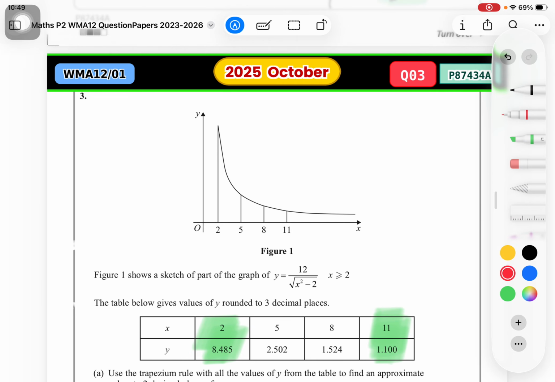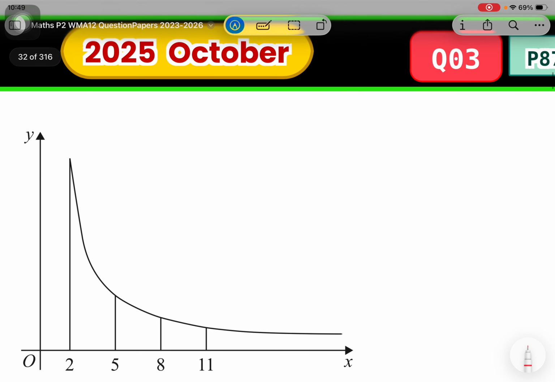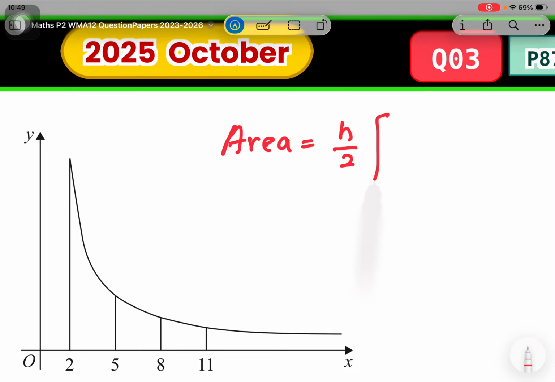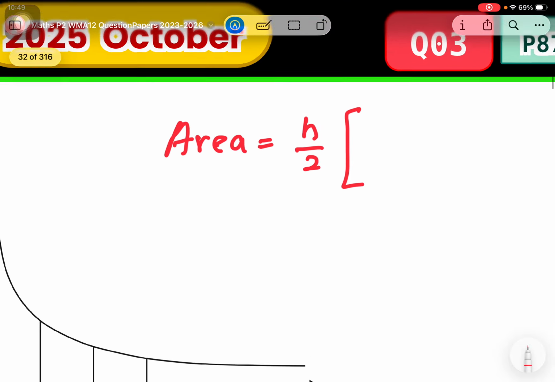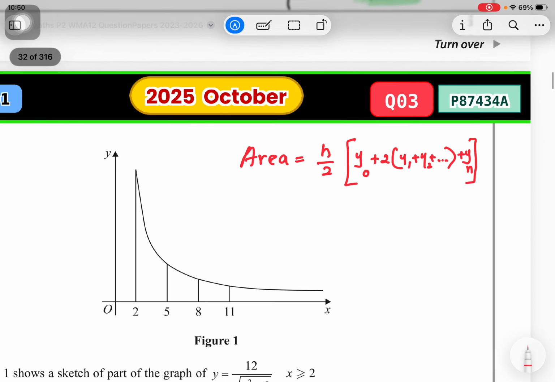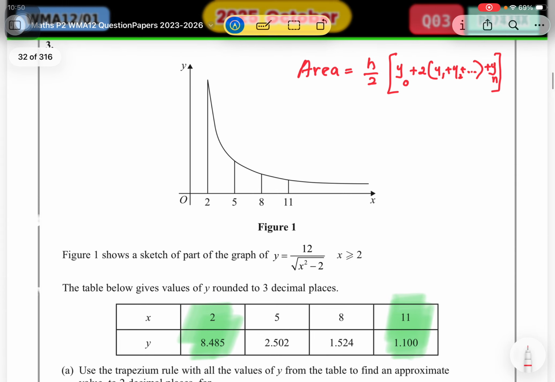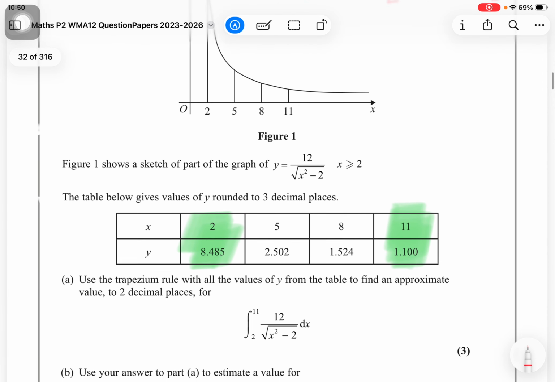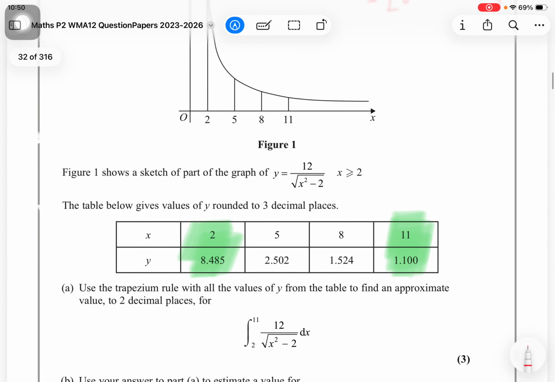So we know from the theory part that the area is h divided by 2, times y0 plus 2 times whatever is in the middle, plus yn. This is the area. So if we apply that here, because the first question says to find the integration,